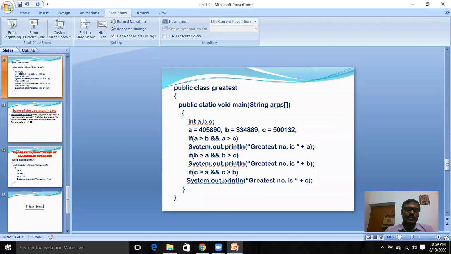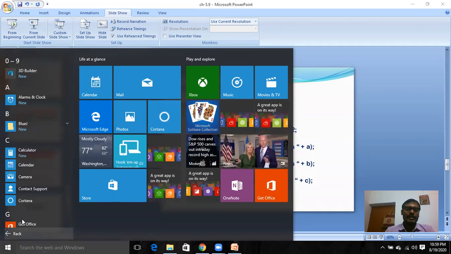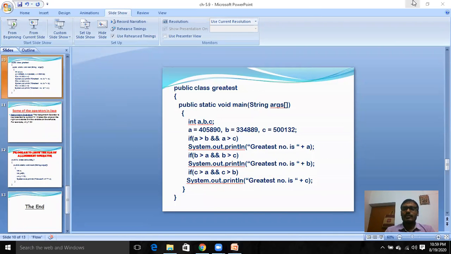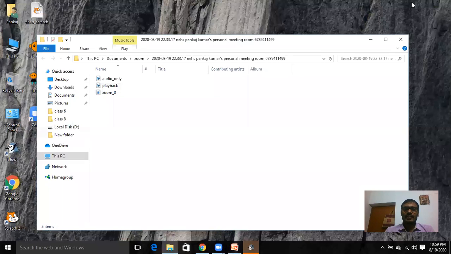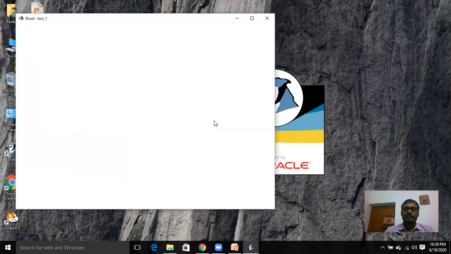Okay, now click on the start button, then click on all apps, then select BlueJ. Click on BlueJ. This is your BlueJ window which is opening, children. This type of window will open in front of you.